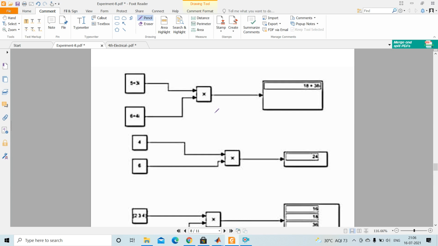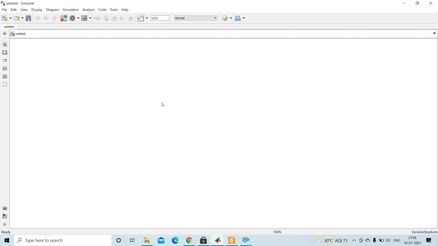Under the commonly used blocks you can use display block, scope block, constant, scalar, vector, matrix, add, subtract, divide, everything. So by using commonly used blocks, you can perform math operations. First, a product operation is performed. By using the product block we can perform the math operation. So let's do this in the Simulink window.